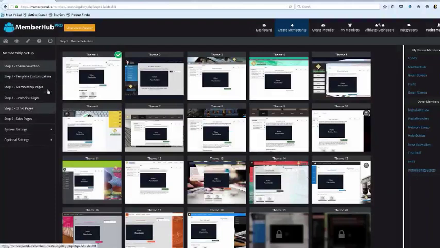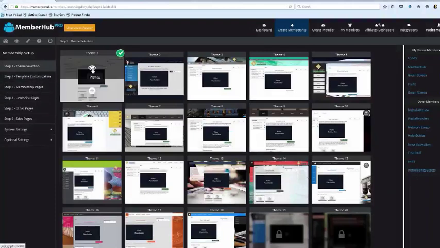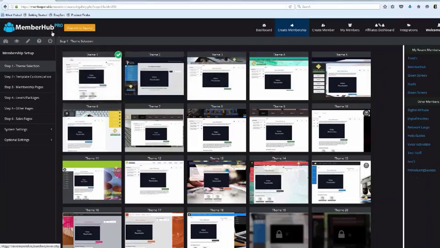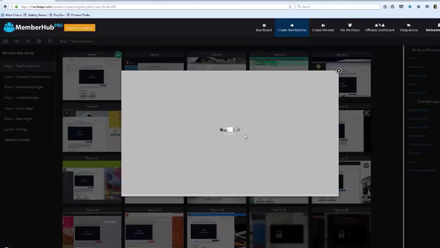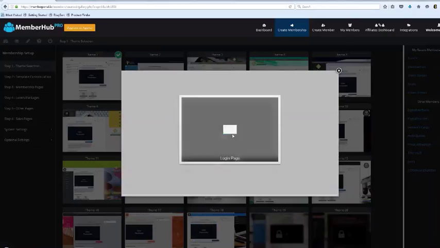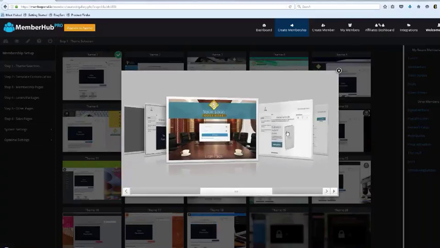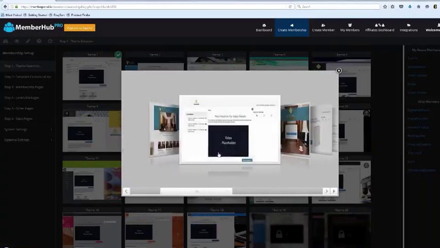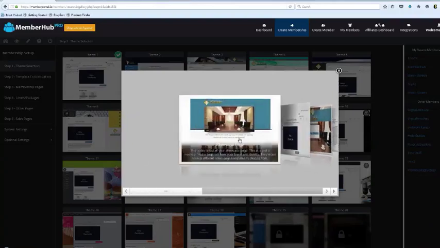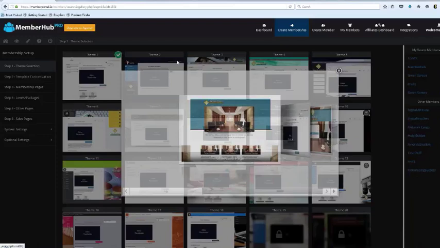The next thing is Member Hub wants to know which template do you want to use, okay? So you see all these templates here. Now I am on the Pro version, but I'll explain the difference as soon as we get to the end of the call. So what I can do is I can click this preview button, and I can actually see what my membership is going to look like. So here's my login page. Here's my freebie page. Here's my category module page. Here's my video module page. And here's what my sales page looks like. Okay, so that there is like a clean coaching, high dollar theme, but I think this one here is going to be a lot better.